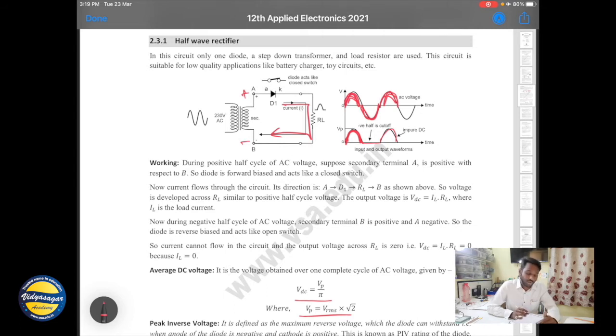Now during the first positive half cycle, diode D1 will be in forward bias condition, therefore it will conduct current and we will get the first peak positive voltage across load resistor RL. Now during the first negative half cycle we will get nothing. Why? Because the diode D1 is in reverse bias condition. And this will simply go on along the time axis.